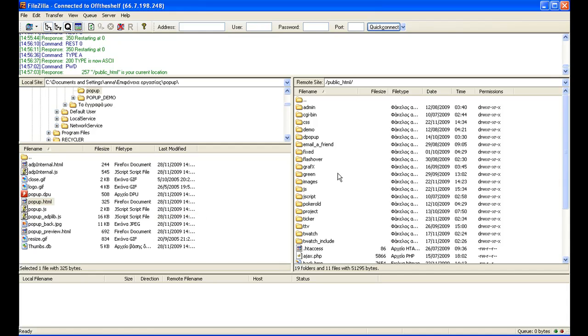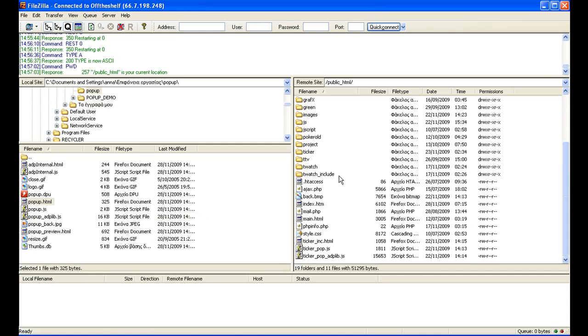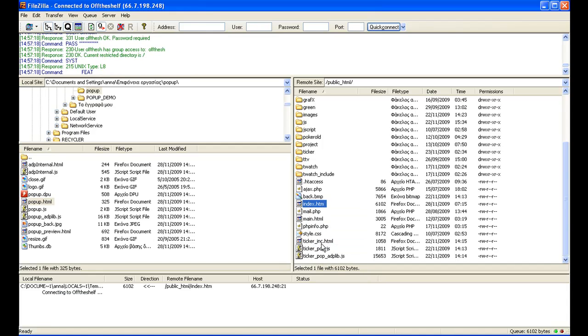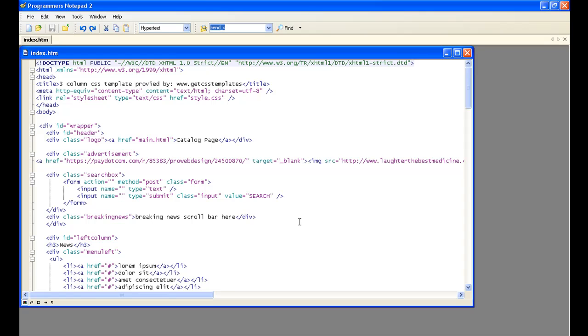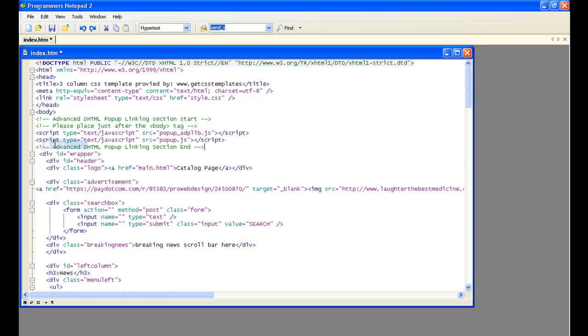And on the server I need to find the index HTML, which is the main page of the website I'm going to show you in a minute. So I just want to edit this file. So I open the file to edit. It should open into a text editor, and there it is. And then just after the body, you can see there's the top of the file, head, and then the body tag. We just paste it into there. So that's what we've just copied off